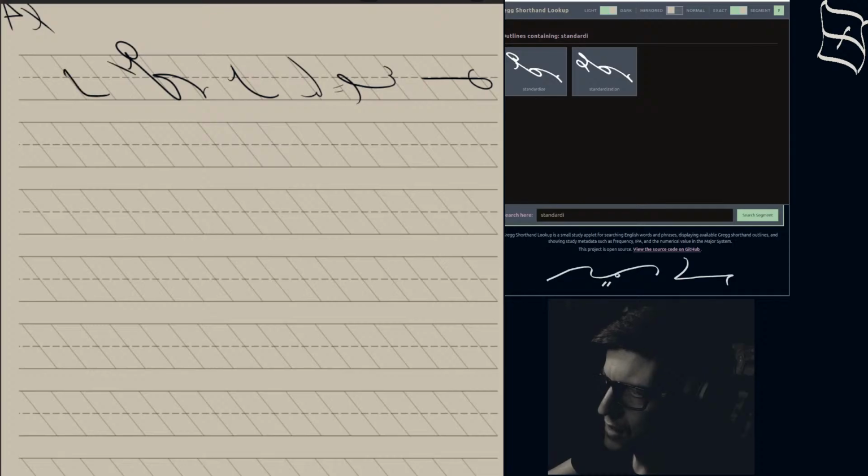Standardized into the same format. Okay. The same format. Instead of focusing on the in-between steps,